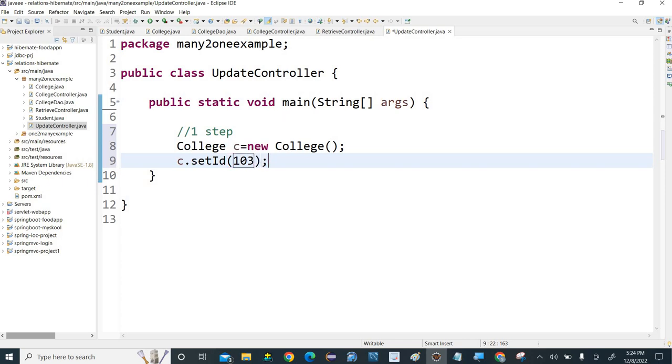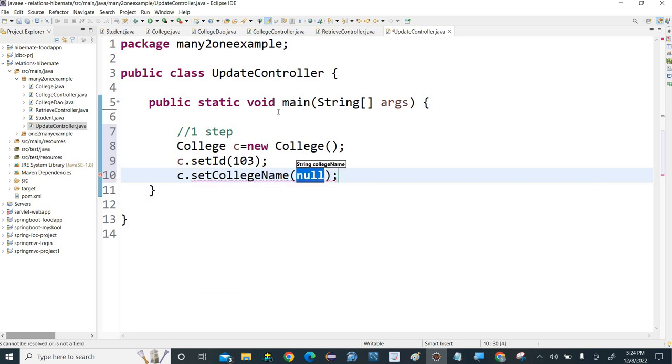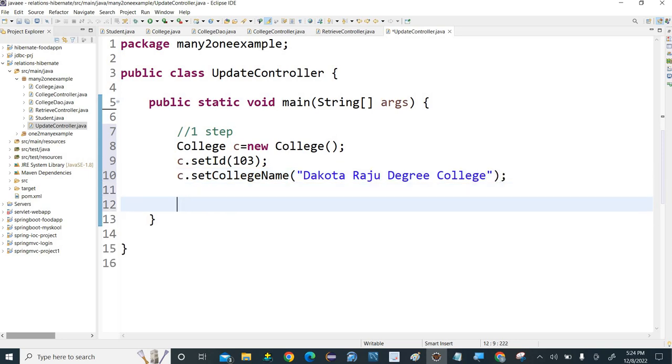I want to update the name of the college. College name, actually it is Dakota Raju Degree College. Okay, now second step